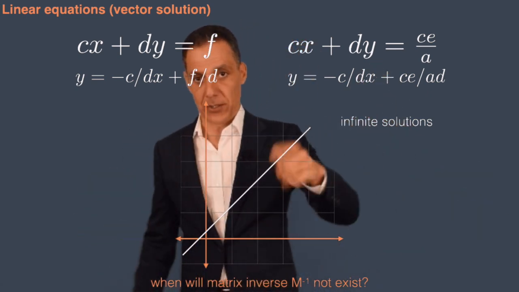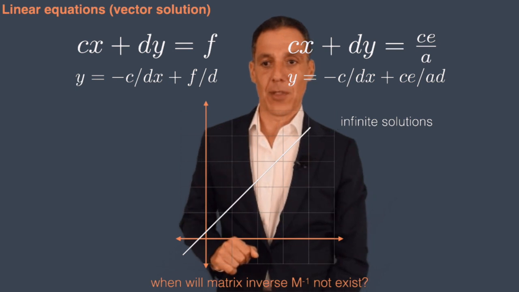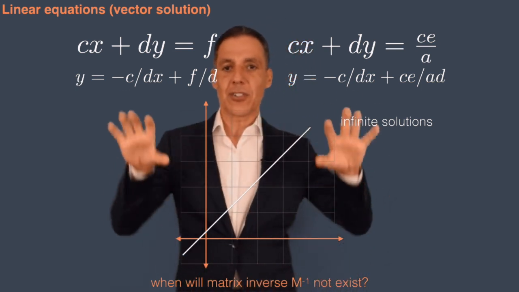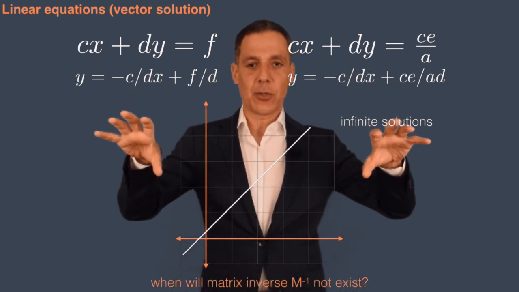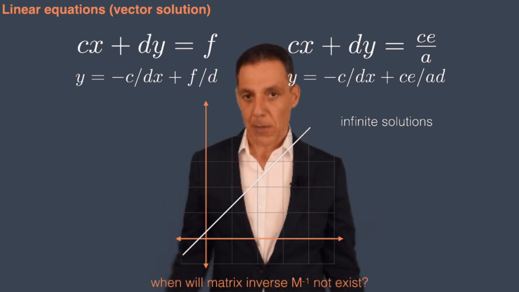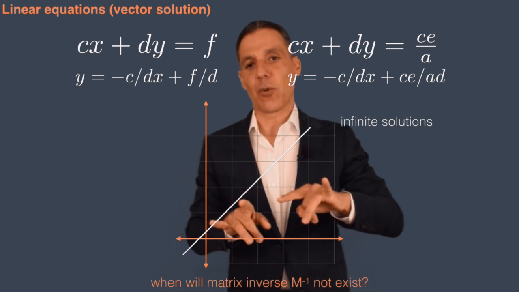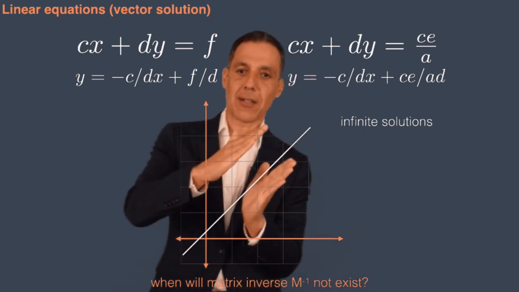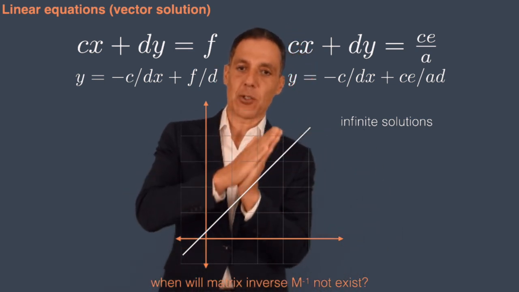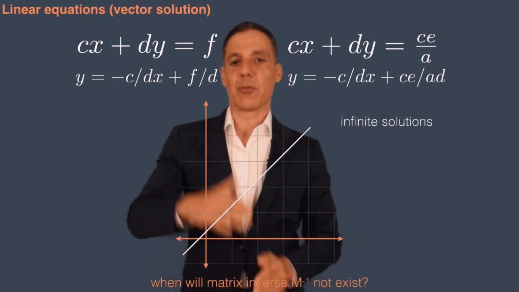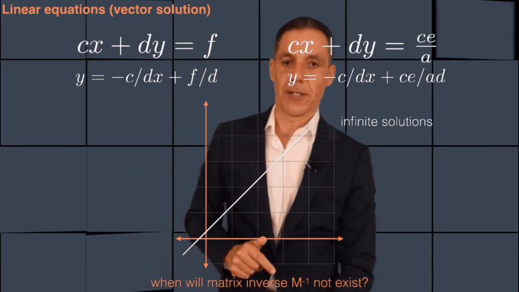Any point along here will satisfy both of those equations. So you can see very nicely that once we see that the determinant of 0 is degenerate, we propagate that through the equations, and we see that it exactly corresponds to what you expect, which is parallel lines with different intercepts, or parallel lines with the same intercept, in which case you have no solution or an infinite number of